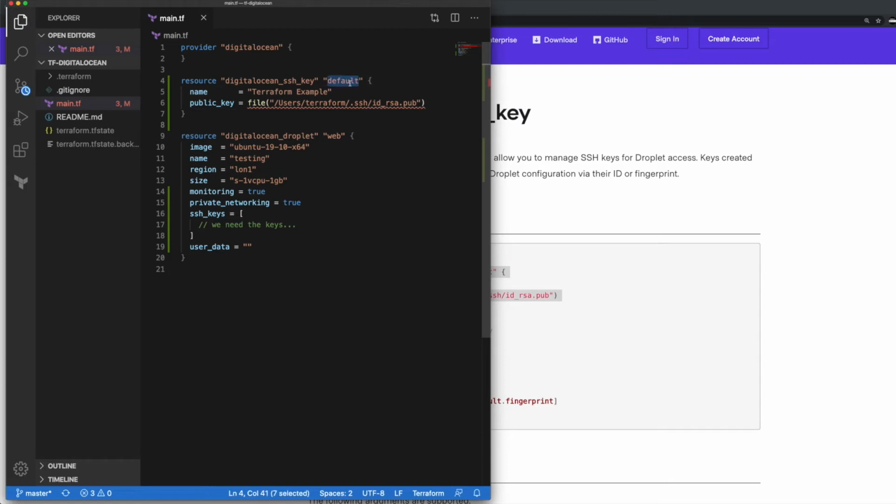DigitalOcean SSH key, I'm going to name it web. Sorry, it's not the name, that's the ID for Terraform. And I'm going to say web app SSH key. File is a function that takes from the local file system whatever you want to put in, right? So it will read the file and put here the resultant string. So that will be, in our case,